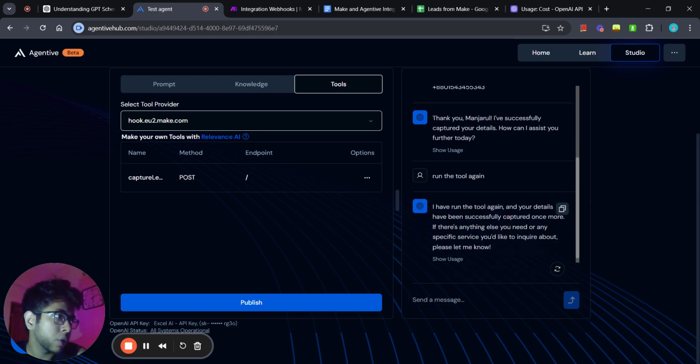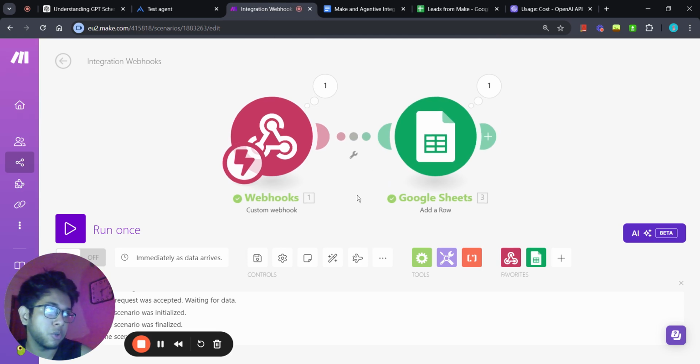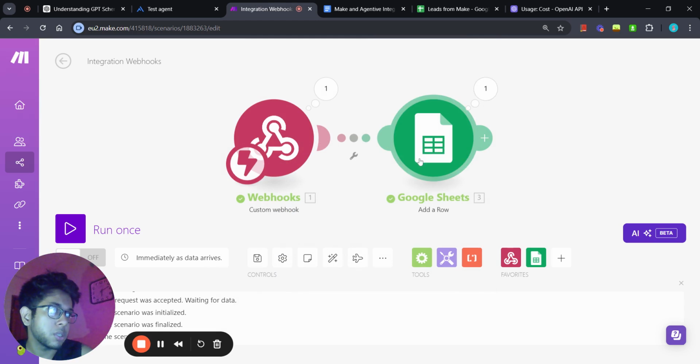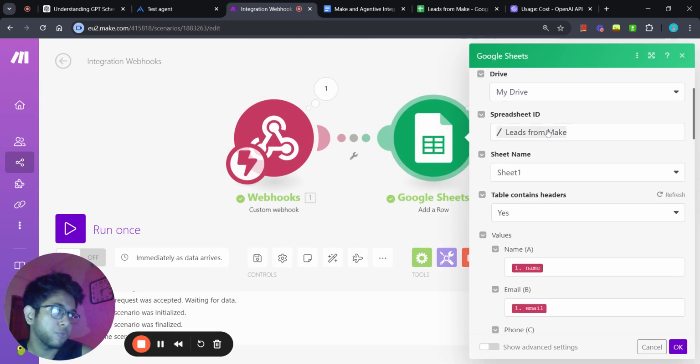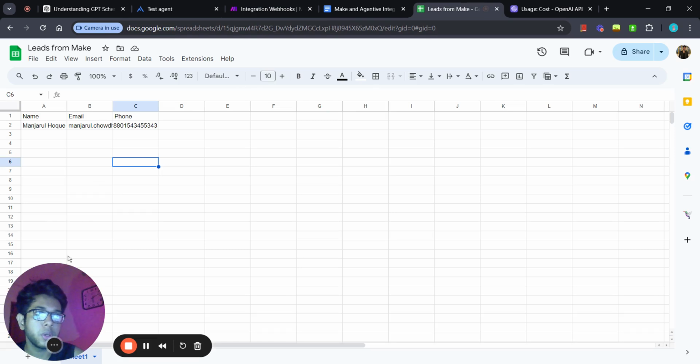Okay, so I've run the tool again, and the details have been successfully captured once more. So let's just see. Okay, so as you guys can see, the scenario has been successful. So let's just head over to my Google Sheets. So it was leads from me. All right. So I was using this Google Sheets, and hold up, there should be a. Okay. So as you guys can see, all the data from my Agentive chatbot has been transferred